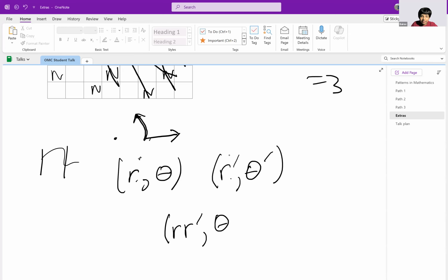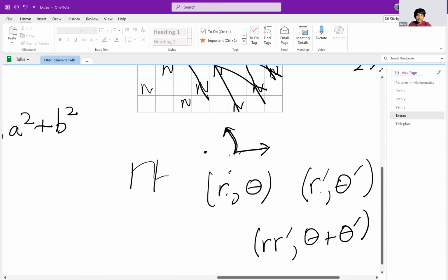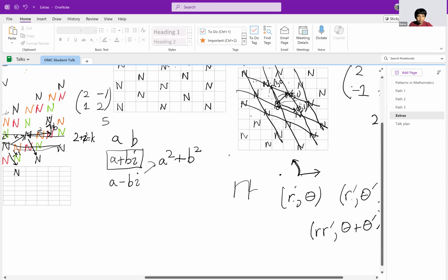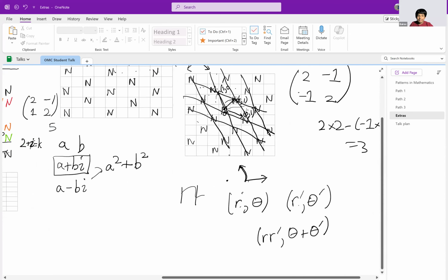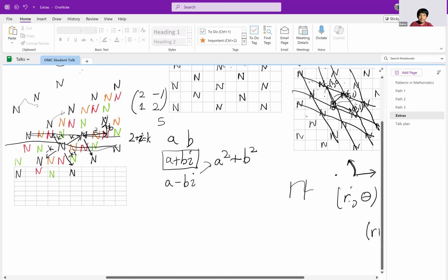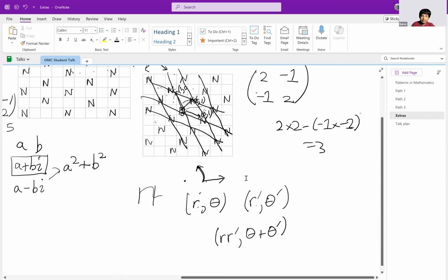So this seems like a much simpler formula for complex multiplication. So this is the polar form of a complex number when we consider its multiplication as a linear transformation,